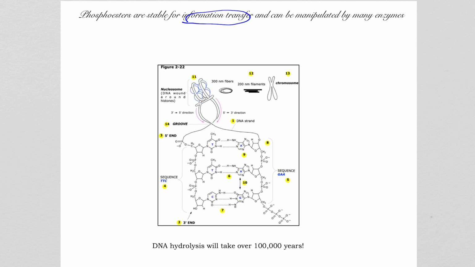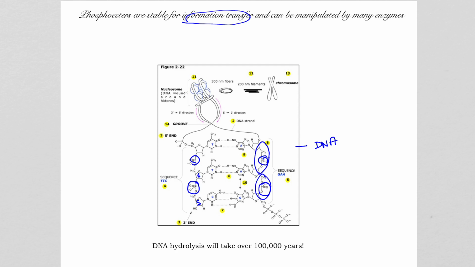Okay, so here's a cartoon of a DNA molecule, and you can see the phosphate, the sugar, the phosphate. You can see a lot of phosphates. Okay, these phosphoesters are very, very stable, and we have so many enzymes that can manipulate these